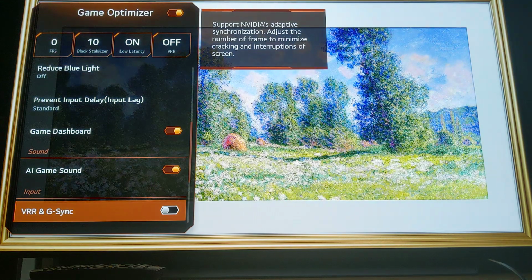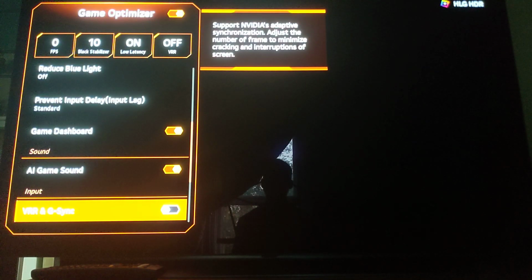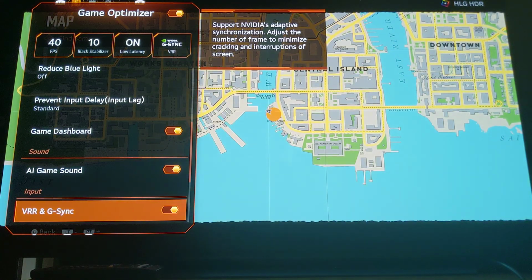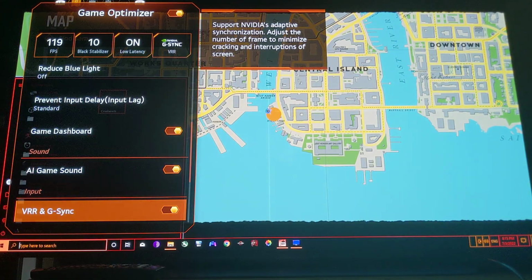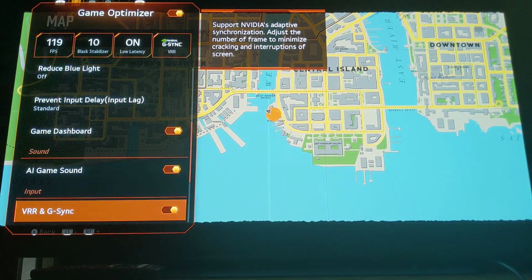Yeah, it's not working, and the reason is I have to delete that 4096 by 2160 resolution from the TV, and when I do that, I cannot turn off G-Sync if I don't turn off G-Sync on the NVIDIA control panel at the same time. So I have to do it first on the Windows. Let me do that actually, because I want to show you